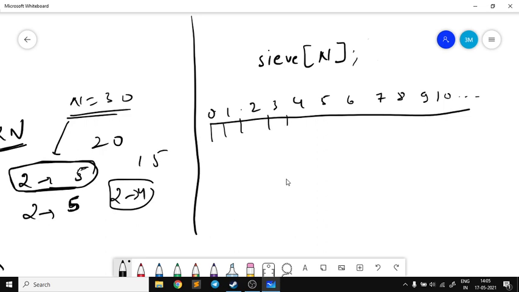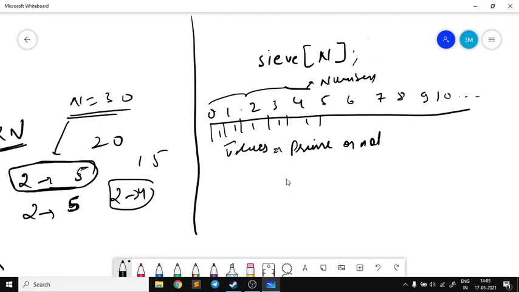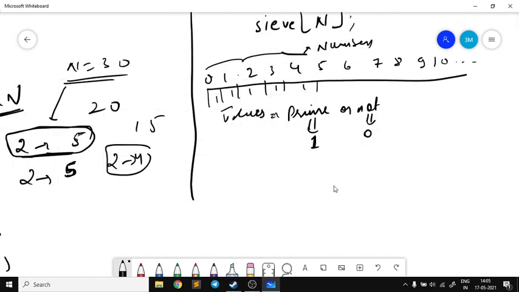These are my numbers, and these are my values. These values depict whether the number is prime or not: prime if it is 1, not prime if it is 0. Initially we mark everything 1 because we don't know which number will be prime, so we assume all these numbers may be prime in this range.